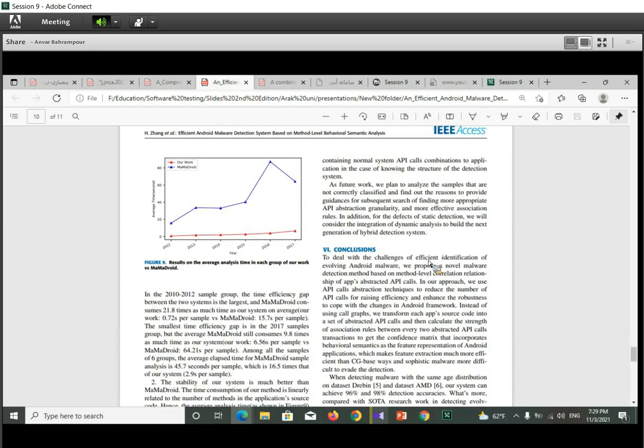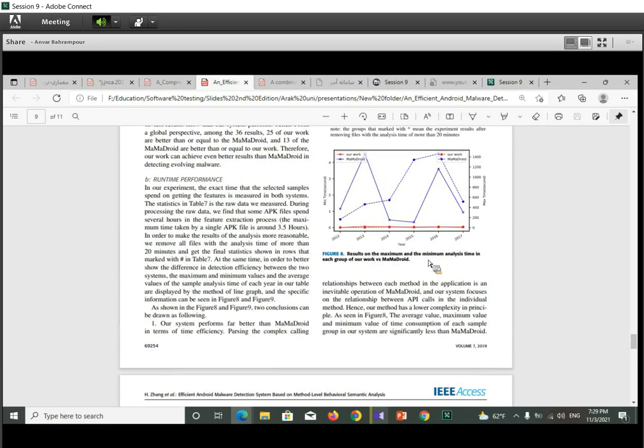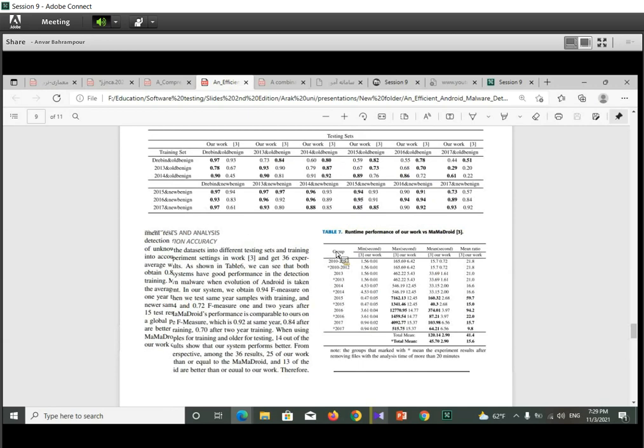And the last section of each paper is the conclusion and future work.